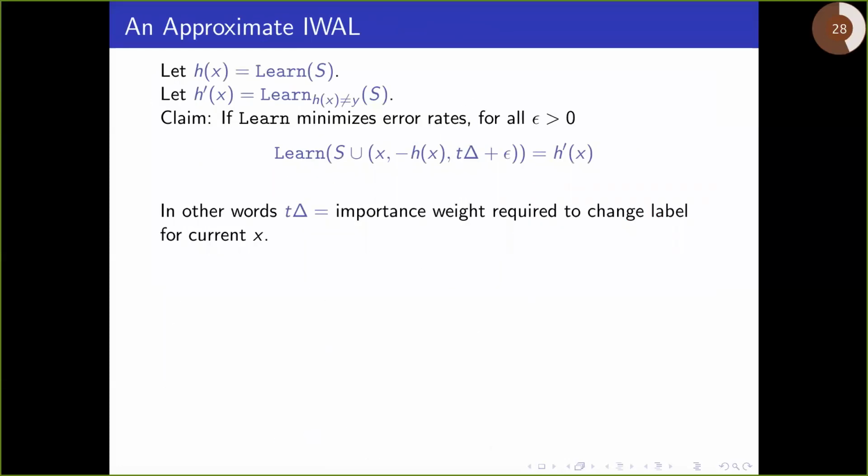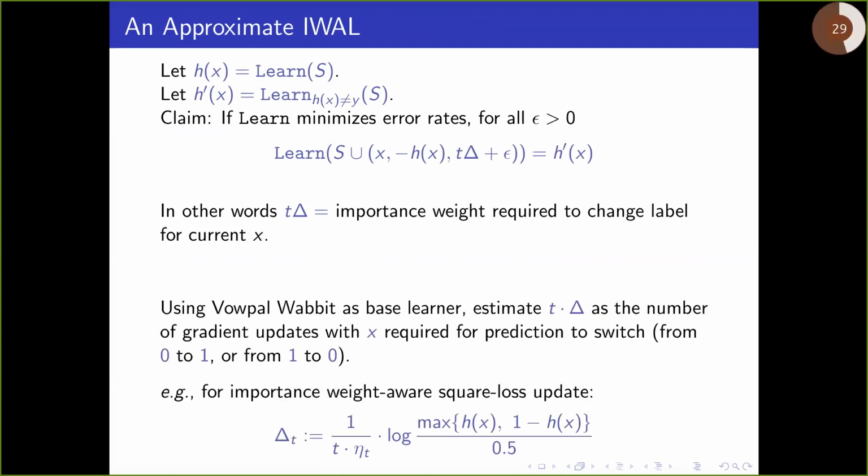Okay, so all we need to do is find that critical importance weight. If you can examine your learning algorithm and estimate how many samples of the opposite label are required in order to cause your prediction to change, you can get at the importance weight directly. So it's not quite a black box reduction. You're asking a little bit more information from the Oracle. You're asking it how sensitive its predictions are to updates. But that turns out to be very feasible in linear land, and it's somewhat feasible even in neural network land.